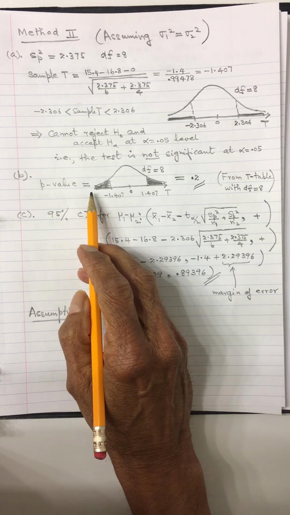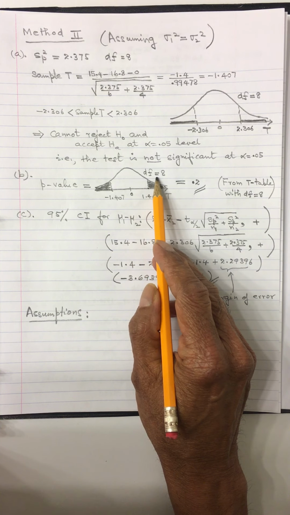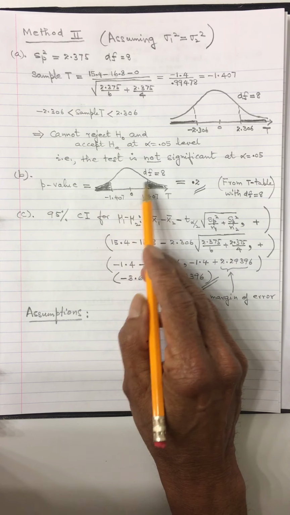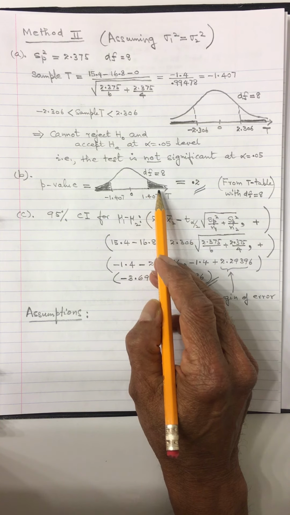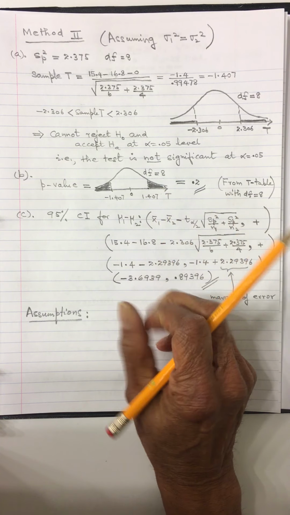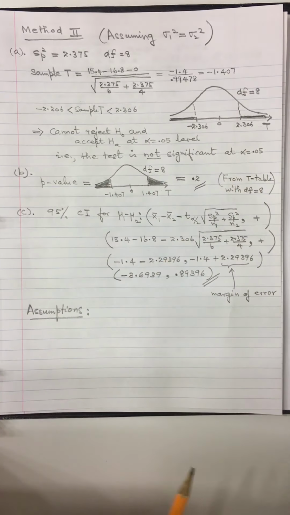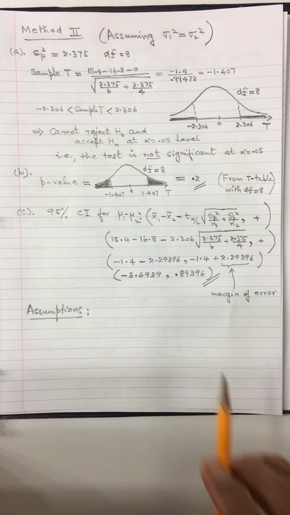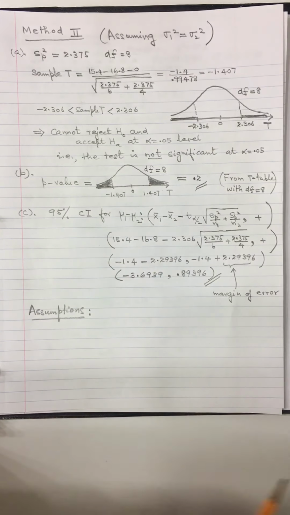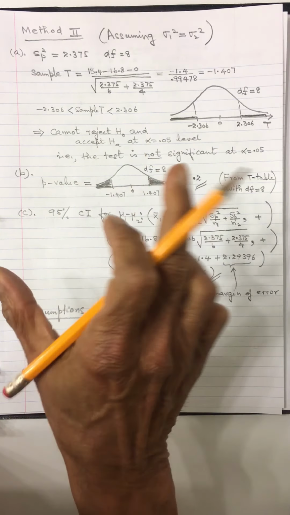So for the p-value, you need to set your cutoff right on that value, and then use the t distribution with degrees of freedom 8. If you look at the t curve with degrees of freedom 8, this area from the t distribution is going to be 0.1, and that means the middle part is going to be 0.8, okay, 80%. Whichever way you are reading the t table, this part is 0.1, this part is 0.1, or the middle part is 0.8. So the p-value is 0.2. It's referring to this shaded area, because this is a two-tailed test.